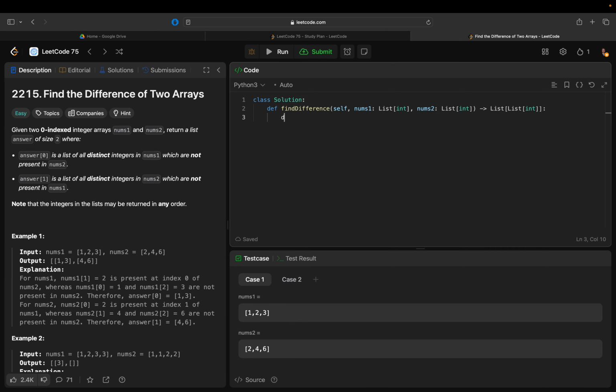Okay, well, we can get distinct1 equals set(nums1), distinct2 equals set(nums2). We can have answer1 equals,